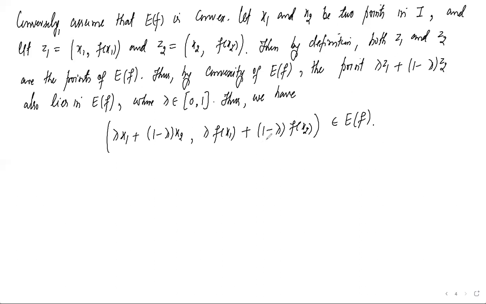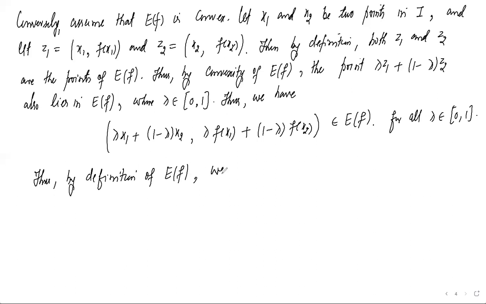Then we get this equation, and since this point is inside E of f, and this is true for all lambda belonging to the interval 0 to 1, we can employ the definition of E of f. So by definition of E of f, we have,